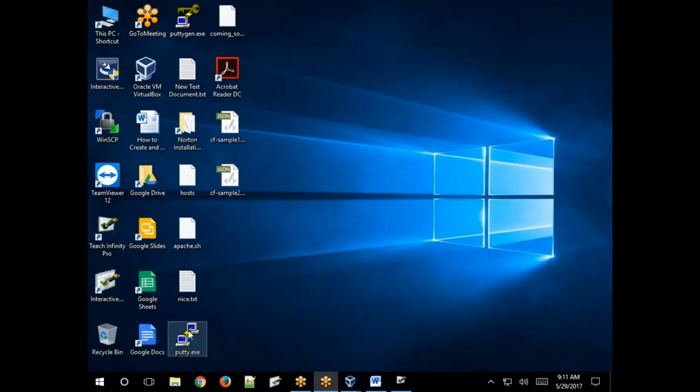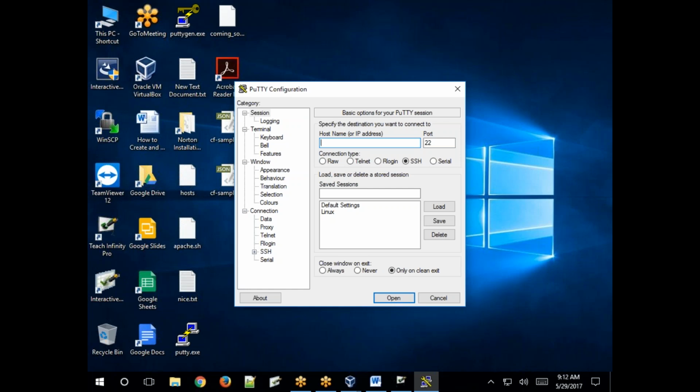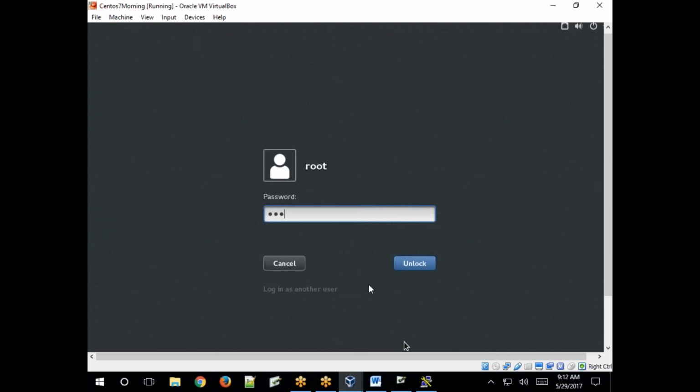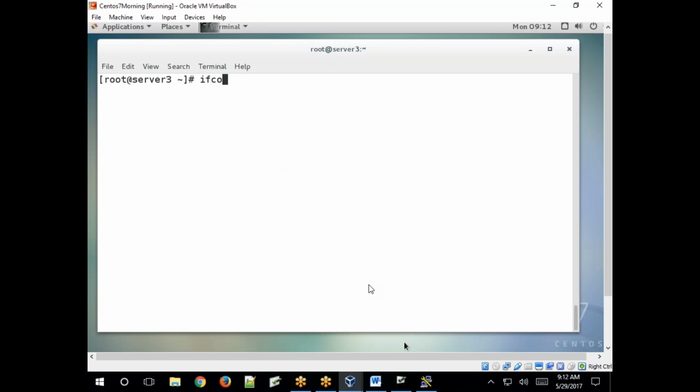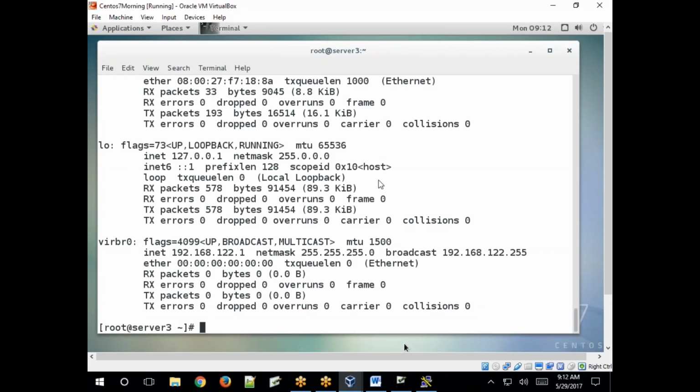So this is a Windows system, right? Putty. See here, just enter the IP address. One second. Okay, ifconfig, what is the IP address? There is no IP address.